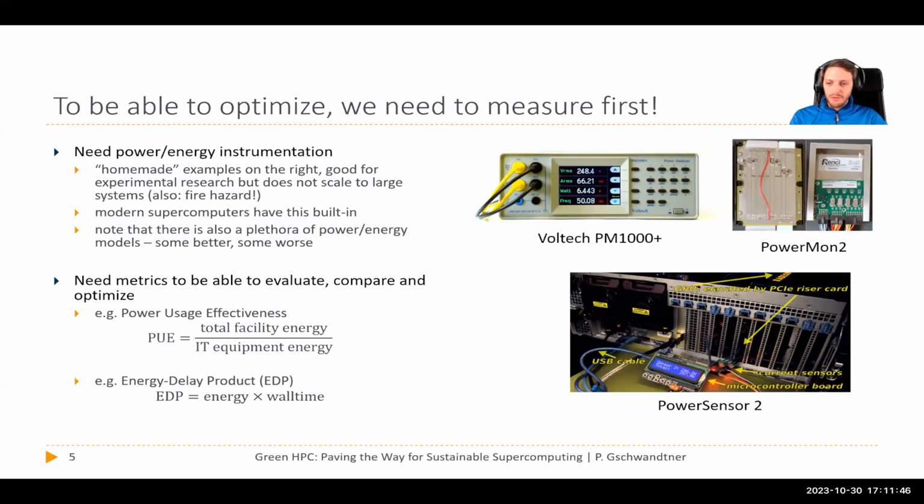In any case, after you have data available, we need some metrics, of course, to be able to tell what's going on. And two prominent ones are the power usage effectiveness, the PUE, and the energy delay product, the EDP. They are both available in the green HPC field, but they are coming from very different perspectives. So the PUE